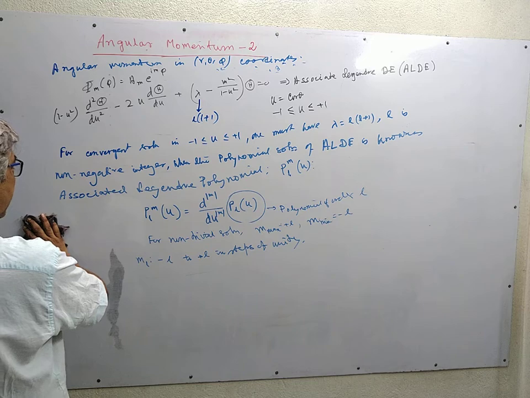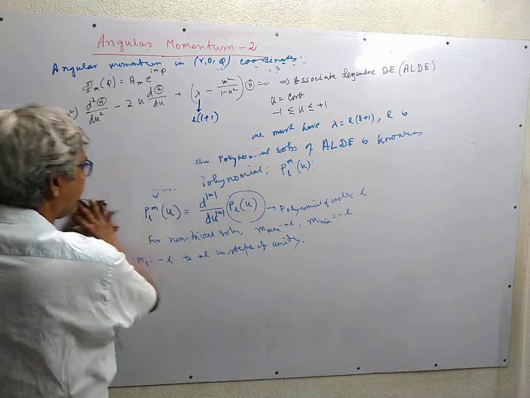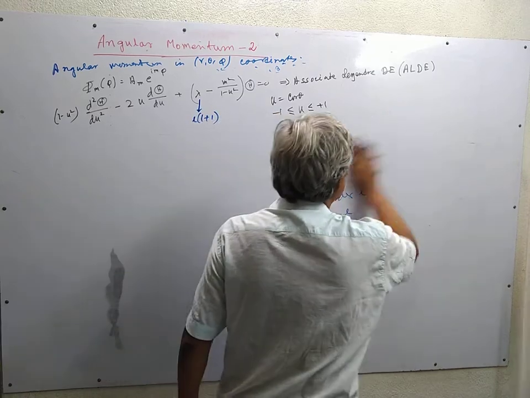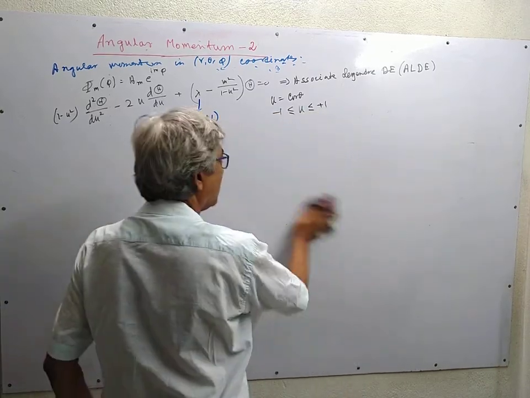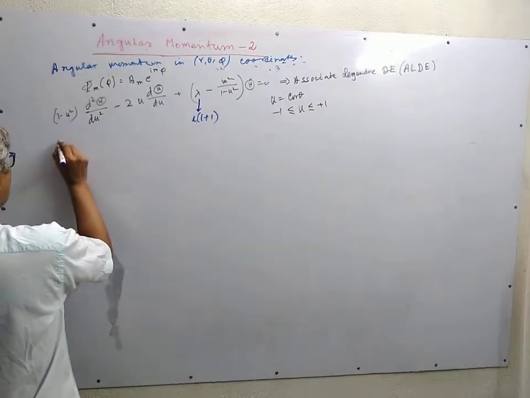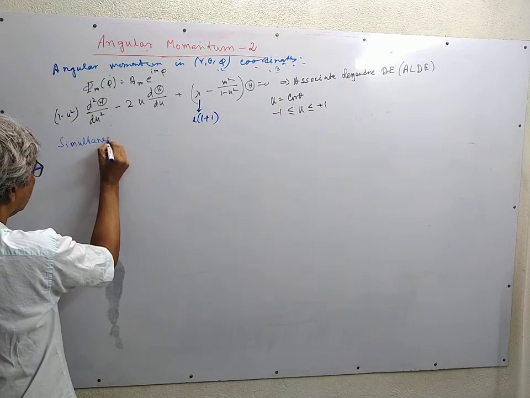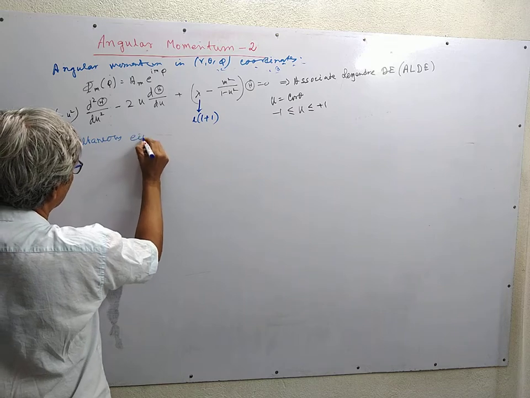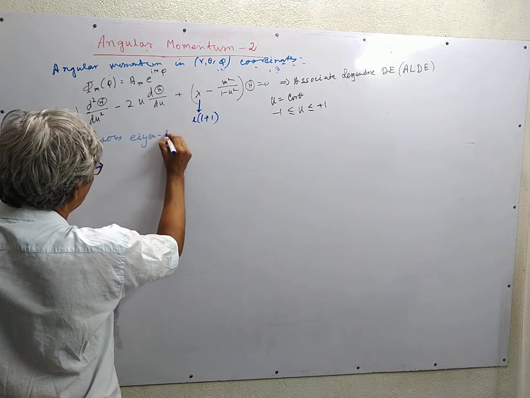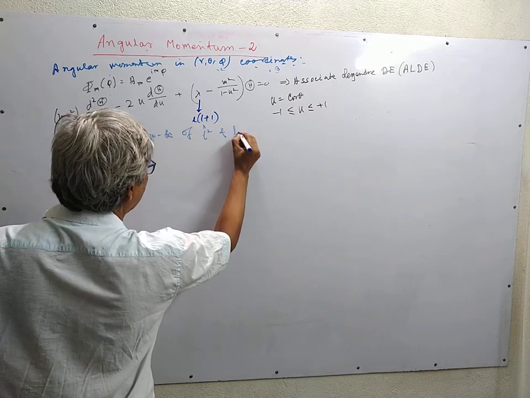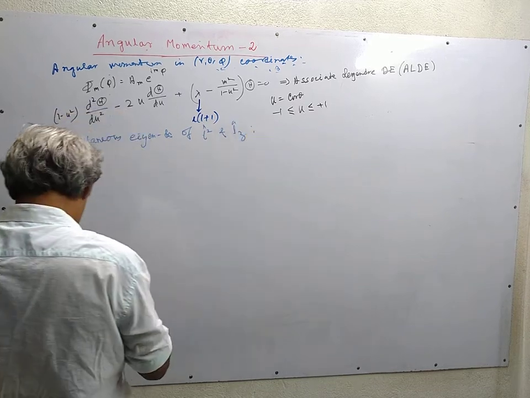So the simultaneous eigenfunction of L square and L_z is,